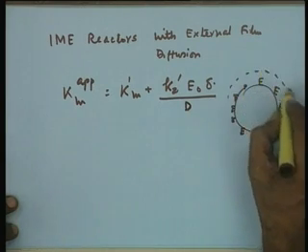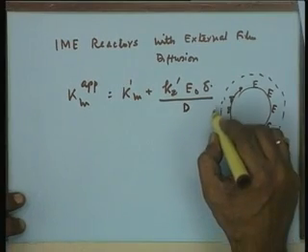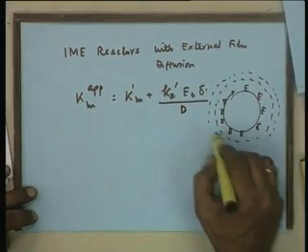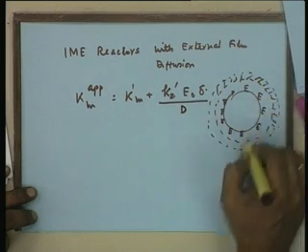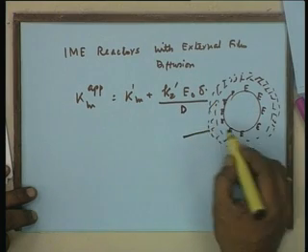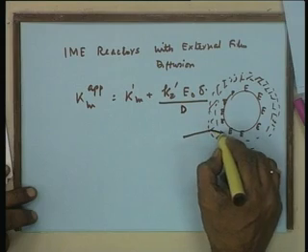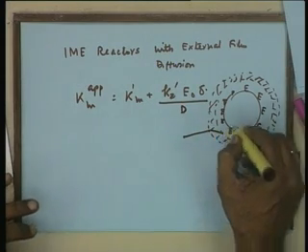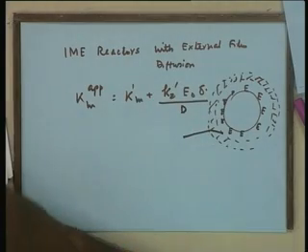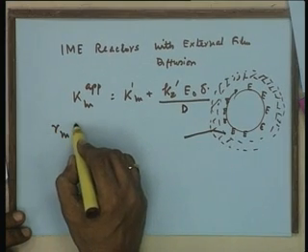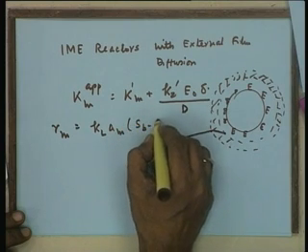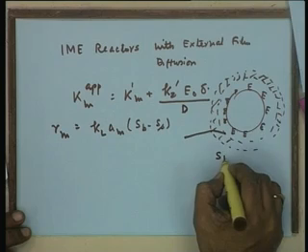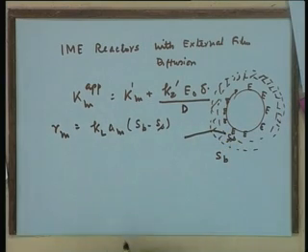There is a layer of film through which the substrate has to diffuse to reach the enzyme active site, and essentially as a result of this there is a concentration gradient before it can reach it, and of course for simplicity one can assume a linear gradient. So the rate of mass transfer here will be equal to KL AM into SB minus SS. Now, this is your SB, this is SS, that is the concentration gradient.